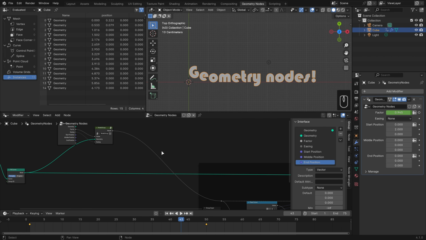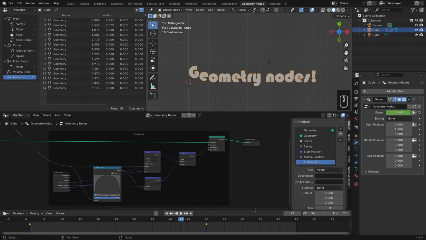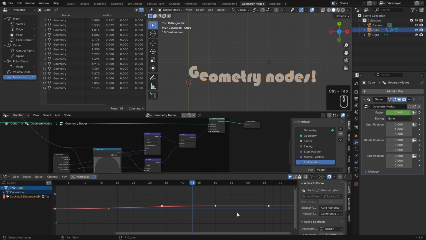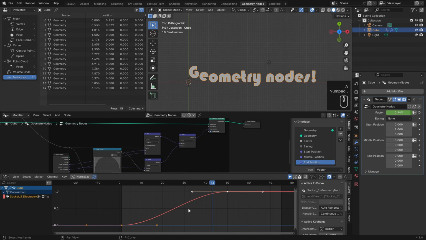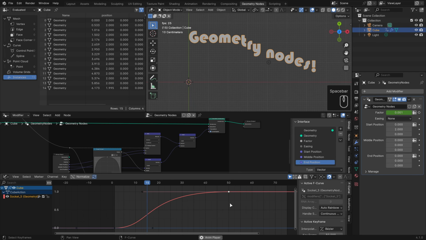By the way, the reason that we're doing this in geometry nodes rather than the graph editor, we only have the one set of keyframes for the factor to work with. And if we were to do something like our ease in or ease out with the graph editor, here I'll just select everything and hit period on the number pad to expand this view. And by the way, I hit Control Tab to switch from the timeline to the graph editor. If I take this top keyframe and scale it up to ease it out and play this back,